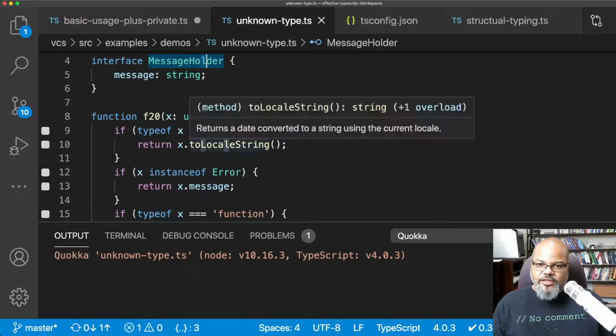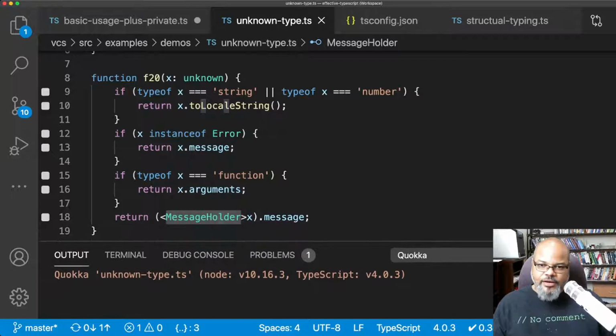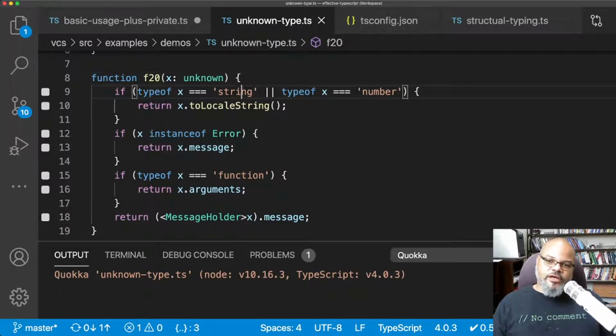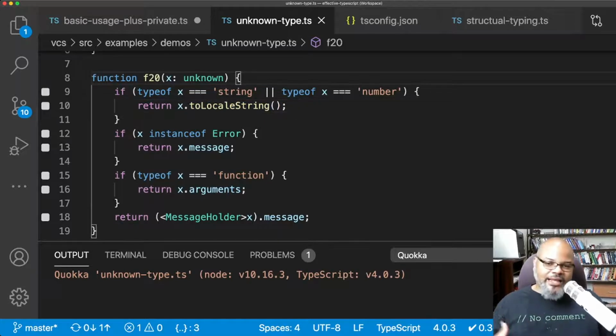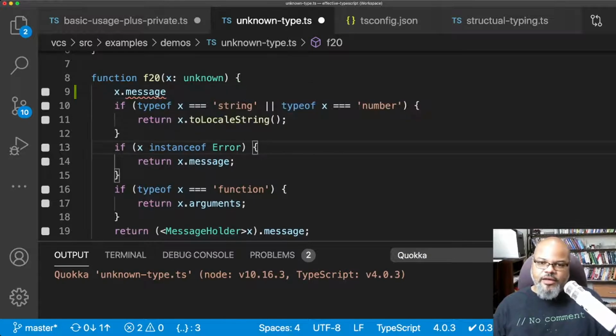Okay, and then I'm going to have a function that takes a parameter of type unknown. Basically, what I'm going to do is some work with this parameter based on its actual type. This is essentially what we call using type guards, and then narrowing the type. The thing about unknown is that I'm not allowed to do anything on it unless I've narrowed the type. For example, if I did x.message here, it's not going to work